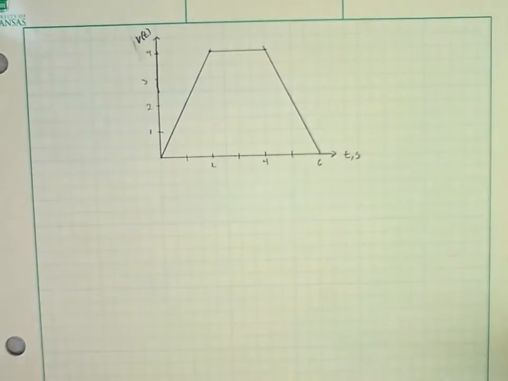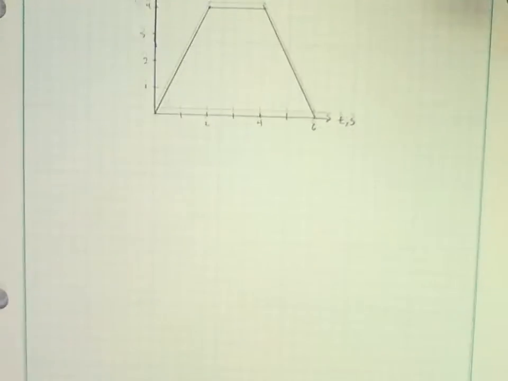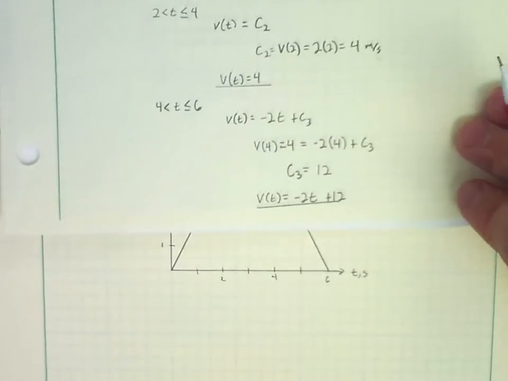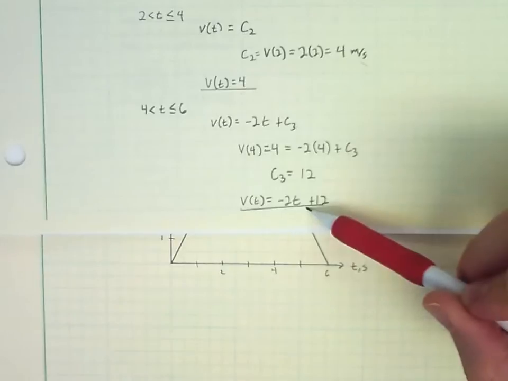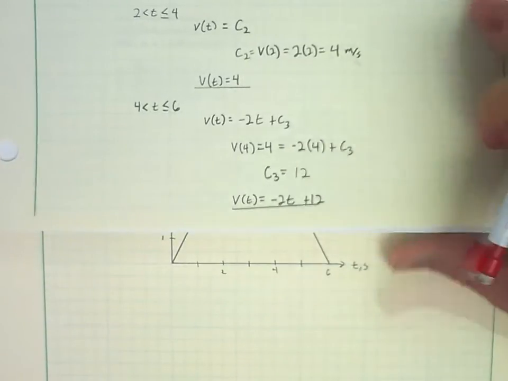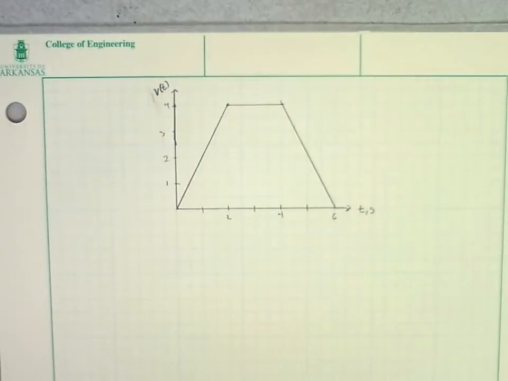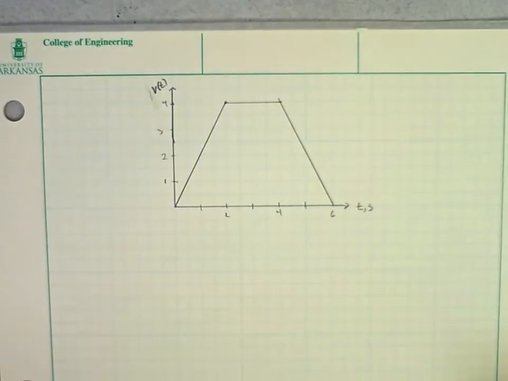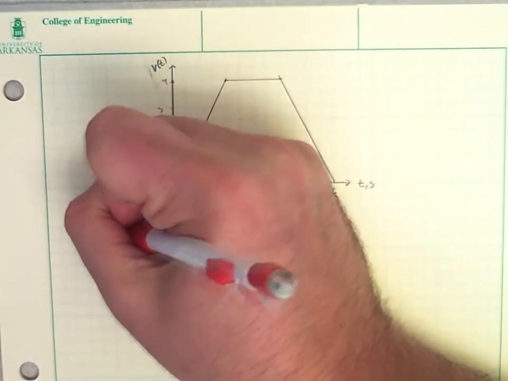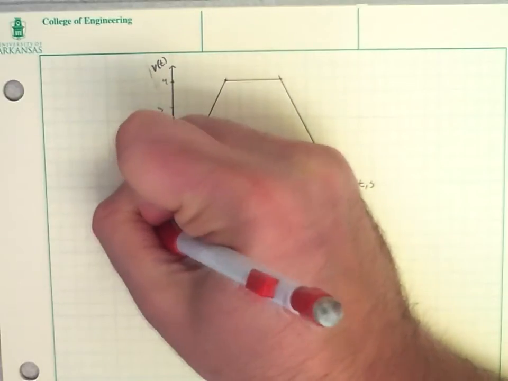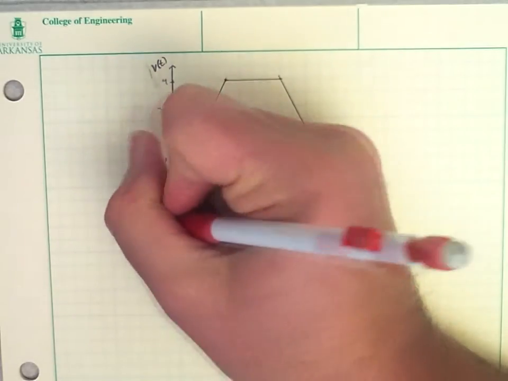And because the values of those accelerations and the times they lasted were the same, if we plugged in 6 into that last equation, we would get it back down to 0, which is the way this one worked out. So there's our velocity function,